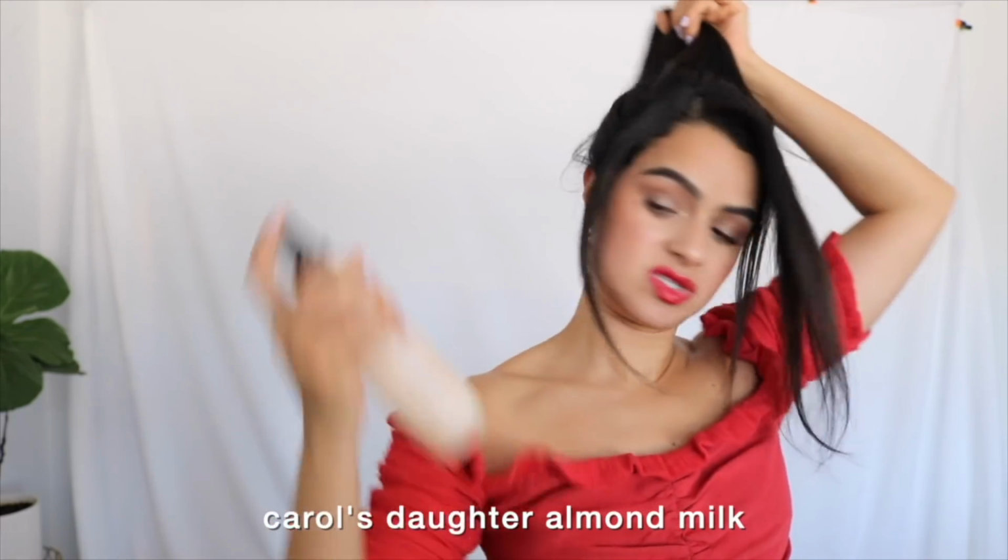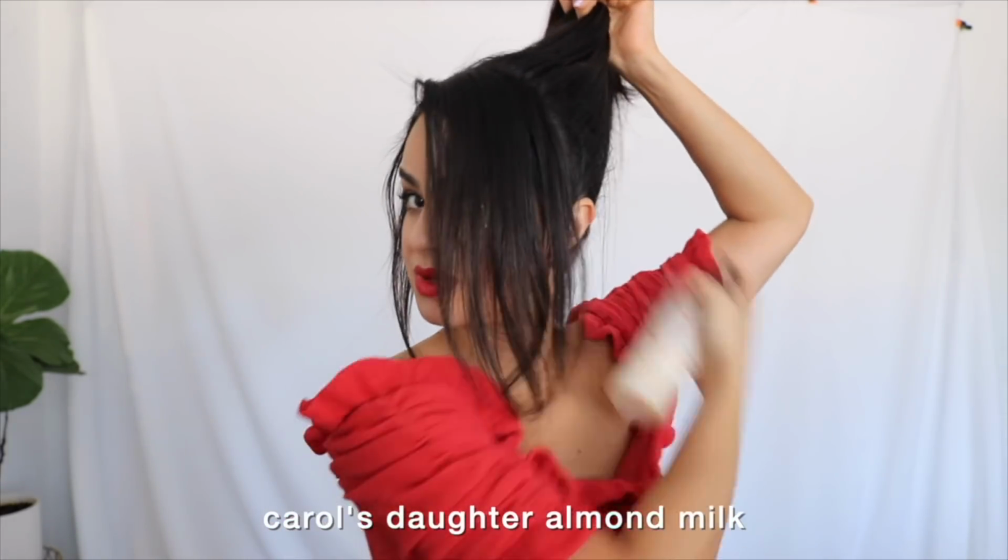Because I have curly hair, I just like to smooth everything out a little bit with product. I'm just going to add a little bit of this Carol's Daughter almond milk, and then with my bristled brush, I'm just gonna smooth it out with this brush. I just want to get this hair out of my face really quickly so that I can really smooth it out. So all of this, we're gonna bring up with a little bit of Moco de Gorilla,